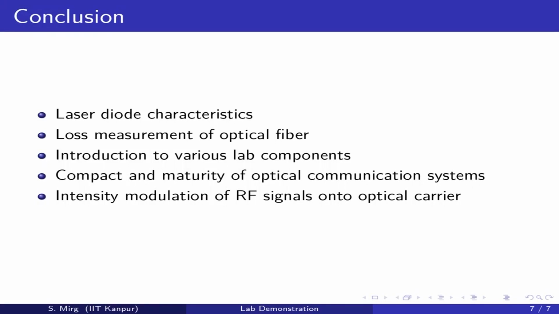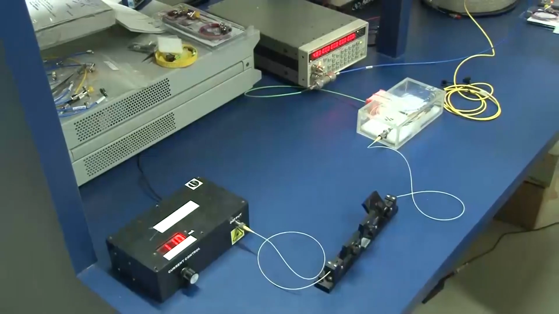And lastly, we showed a very simple modulation. We had an RF input of a sinusoidal wave of 400 megahertz. Then we provided this RF modulation input to the Mach-Zehnder modulator, which had a continuous optical input coming in. Because the refractive index of the lithium niobate crystal changed according to the electric field, which was provided by the RF signal itself, and because of the push-pull configuration of the Mach-Zehnder modulator, the optical input was intensity modulated. Then we connected to a sampling oscilloscope.